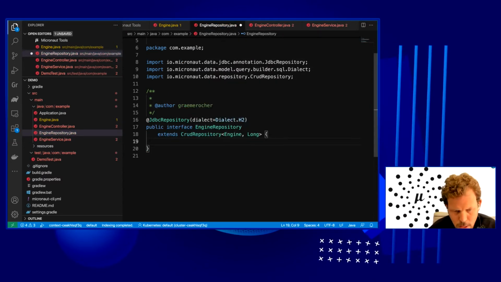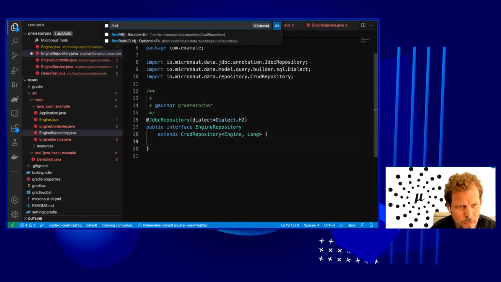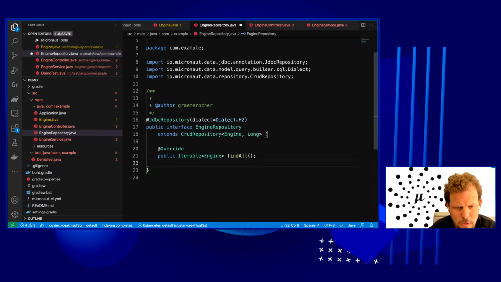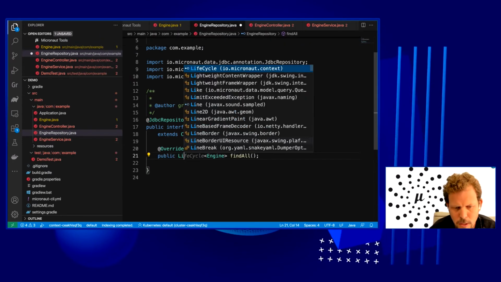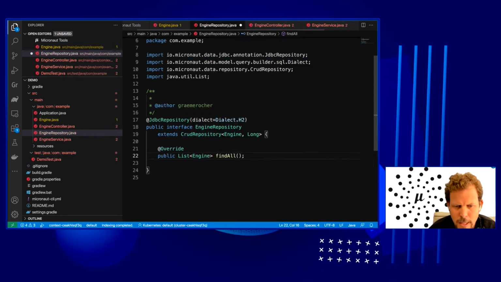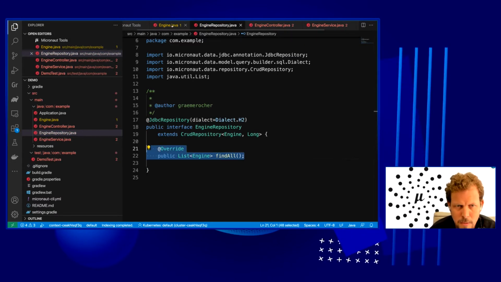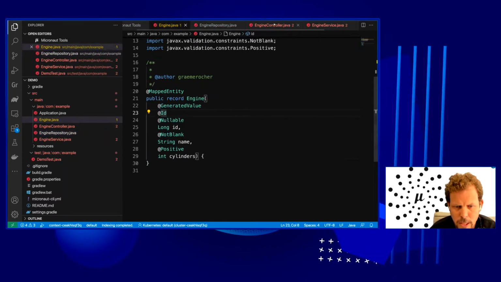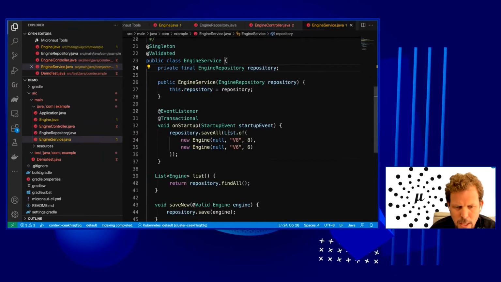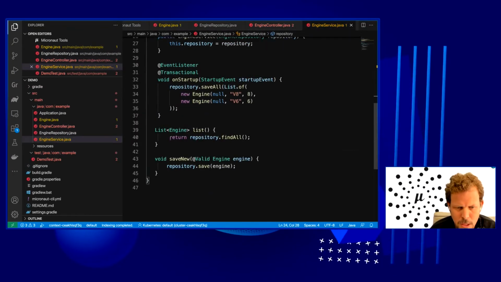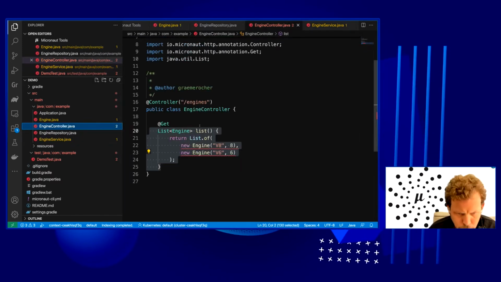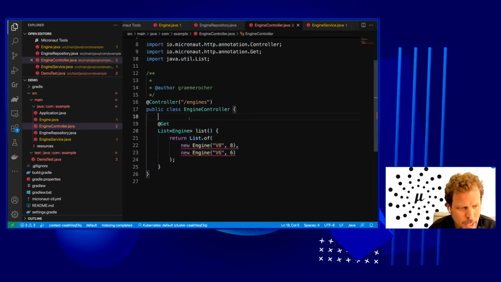By doing override, implement method find all, and override that, I can override it to return a list instead. And Micronaut Data will implement that method for me against the database, coercing the correct type. So now my engine service is compiling fine. So now I can come into my